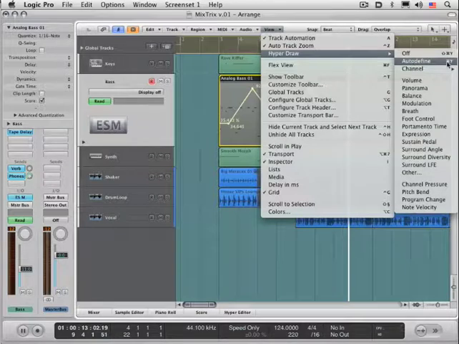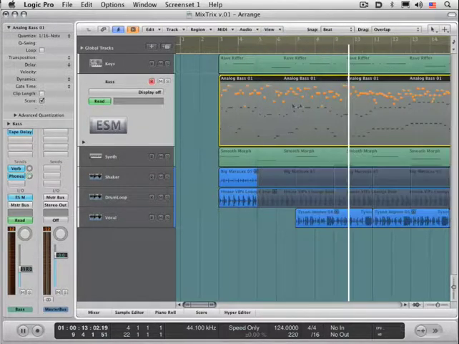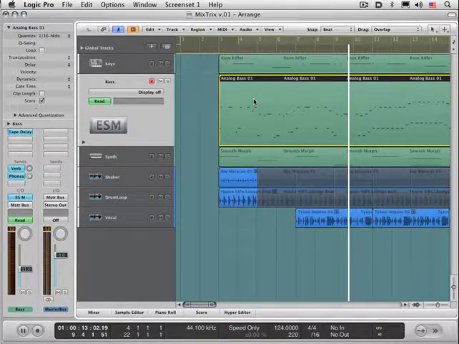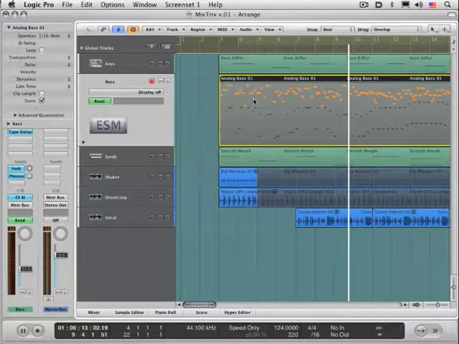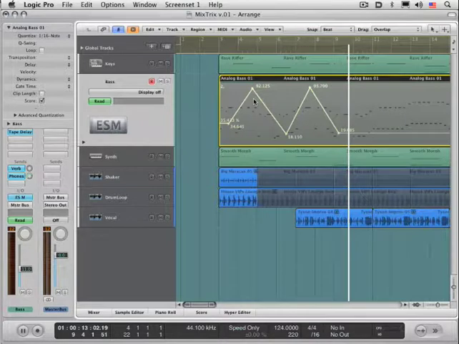Now I like this command, Command Y. What it allows you to do is cycle through the different types of automation that exist in this region. So I'm going to hit my key command. Right now we're seeing note velocities, but Command Y shows nothing. And then again, now we get to toggle it through to the automation that's been converted, and this is our cutoff automation. So again, Command Y shows velocity, Command Y shows nothing, and now it shows that automation. And if I had automation in other parameters, I could cycle through those. So Auto Define is your friend for finding these parameters.